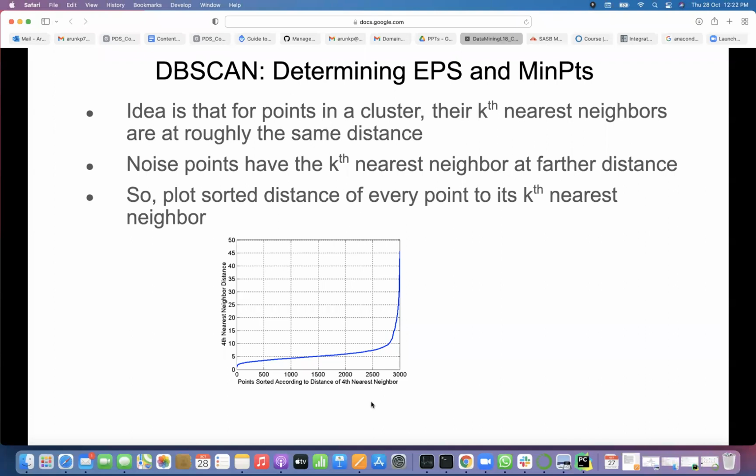Yes, sir. What is this graph? This graph, what they did is they took the kth nearest distance for each point, then plotted it. According to this plot, for 2,800 points the kth nearest distance is less than 10. For the remaining 200 points, it is more. Those 200 points are noise points, something like that.